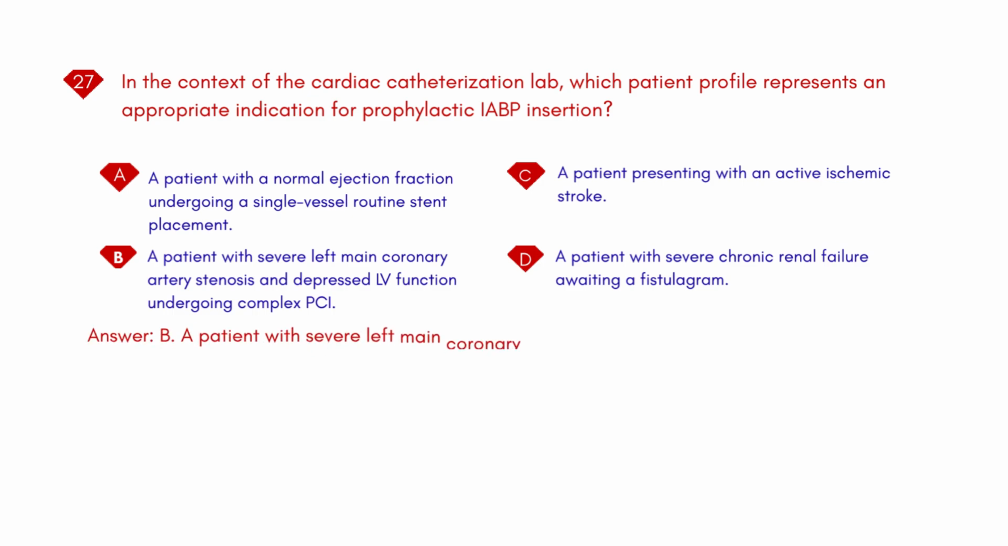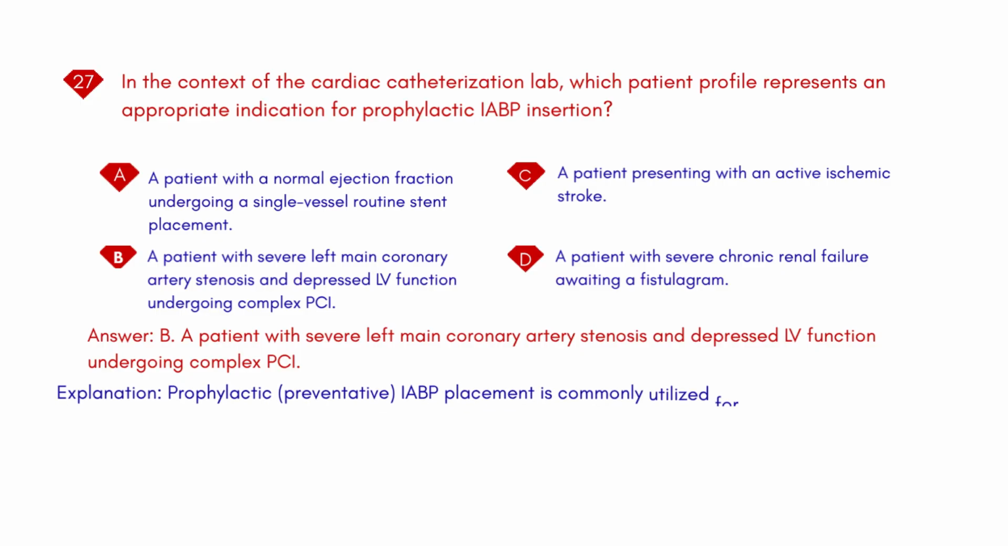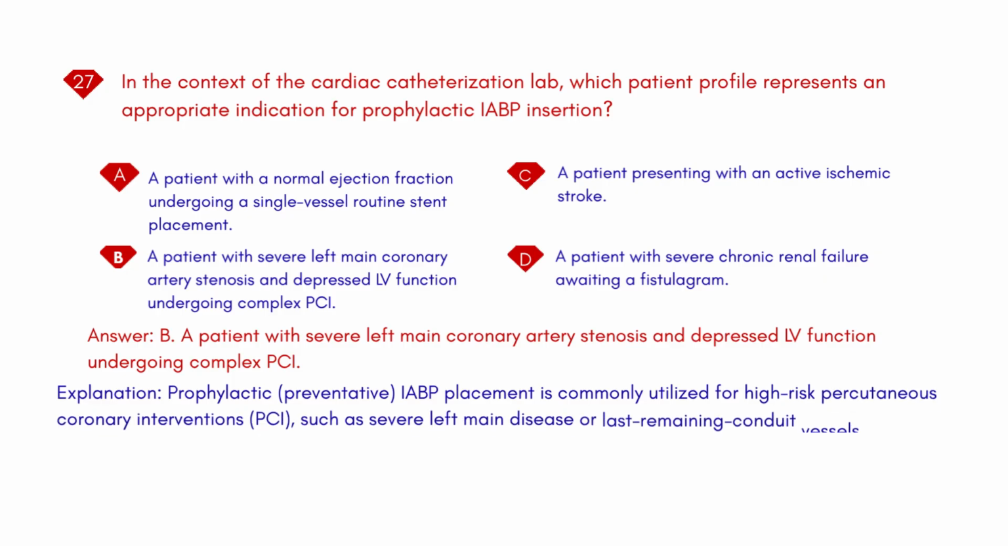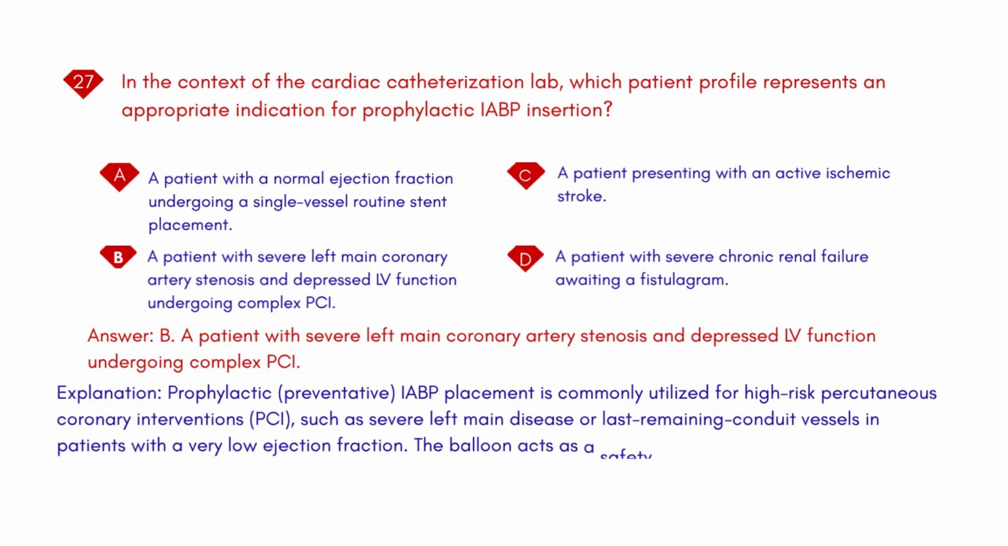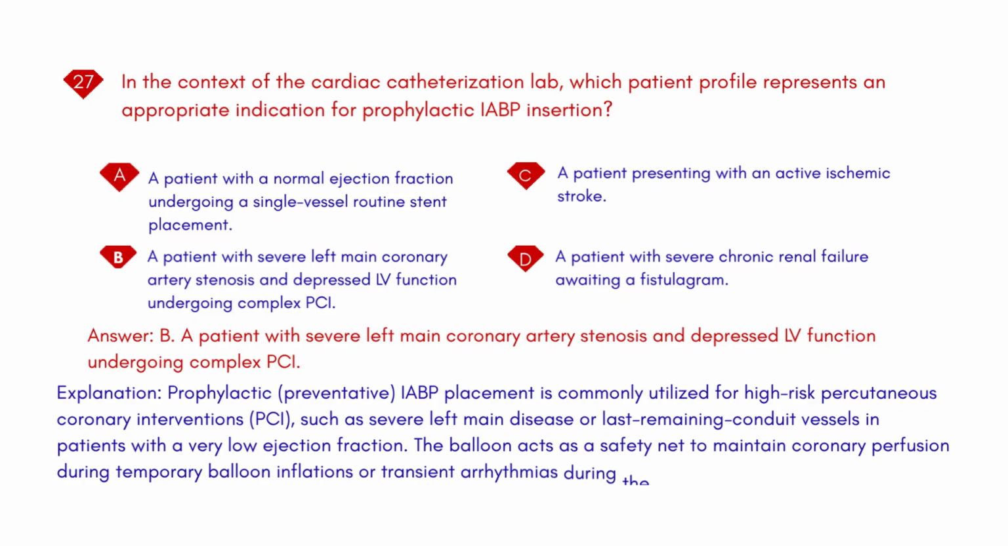Answer: B. A patient with severe left main coronary artery stenosis and depressed LV function undergoing complex PCI. Explanation: prophylactic, preventative. IABP placement is commonly utilized for high-risk percutaneous coronary interventions, PCI, such as severe left main disease or last remaining conduit vessels in patients with a very low ejection fraction. The balloon acts as a safety net to maintain coronary perfusion during temporary balloon inflations or transient arrhythmias during the